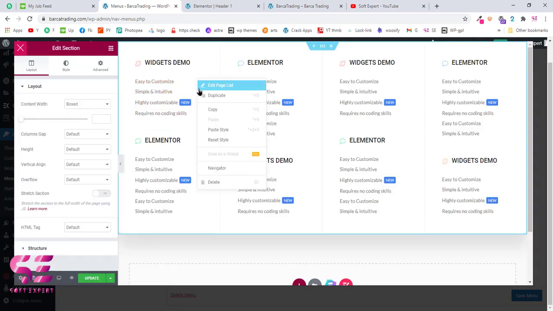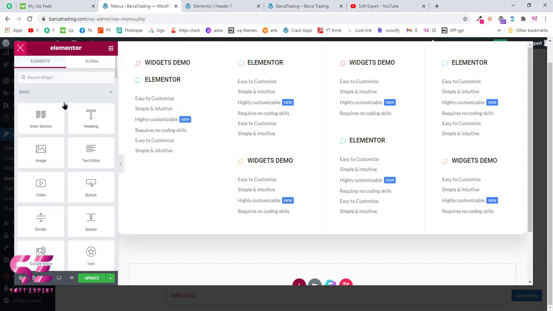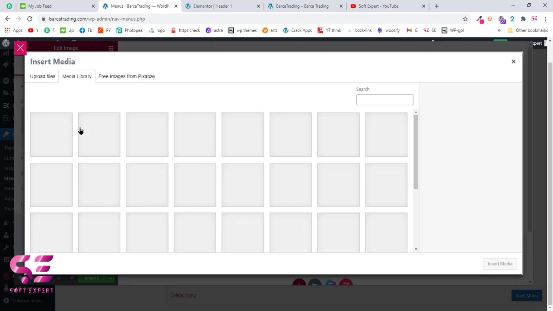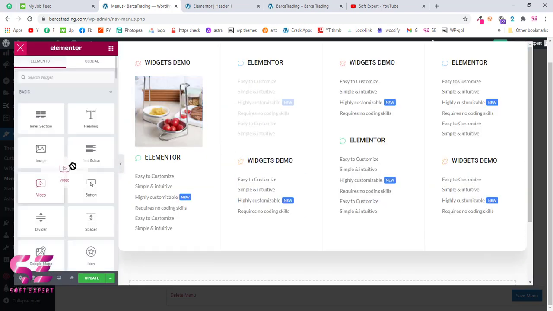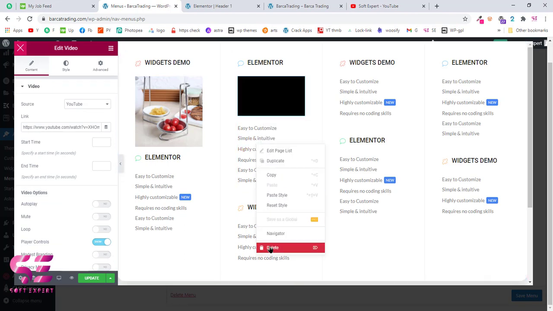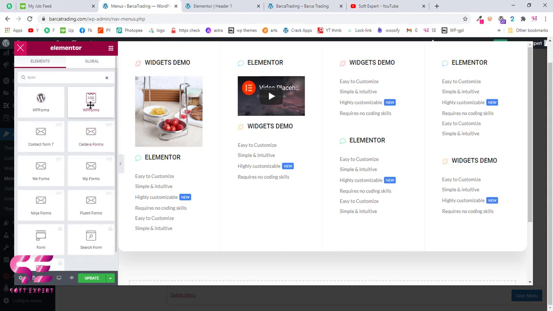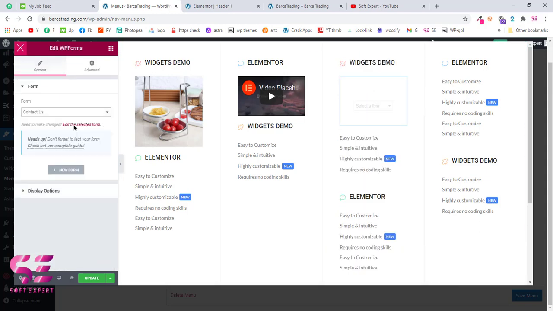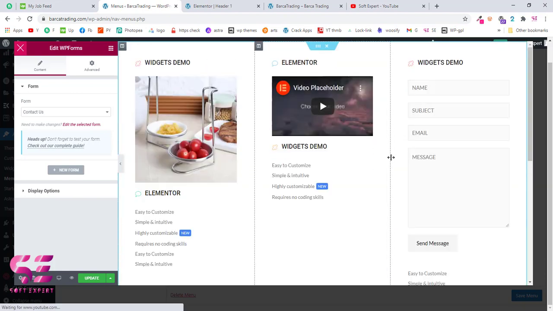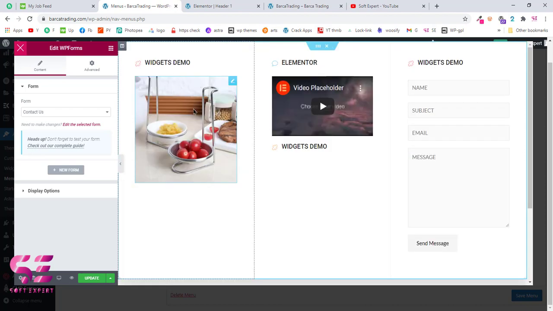And now instead of this we can put an image. We will put a video here. I can add a form, and we'll delete this column. Let's remove the unwanted lists. We can also make this a product.